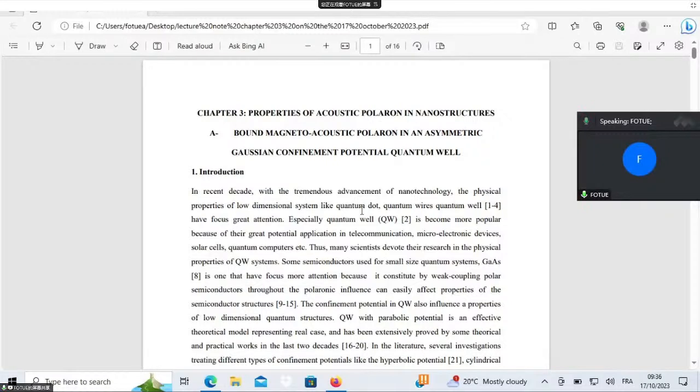It is from there that we will see that the Fröhlich Hamiltonian, or the Fröhlich polaron, deals with a large polaron. So in this large polaron, the dimension of the polaron is more than the lattice parameter. And contrary to that, for the acoustic polaron, the dimension of the polaron will be local. So the dimension will be less than the lattice dimension. That's why we call it local in terms of the deformation. And this deformation is local due to the fact that the radius of this acoustic polaron is less than the